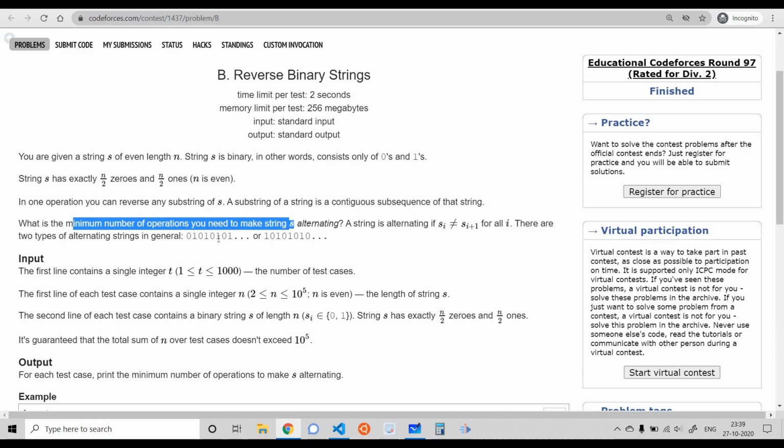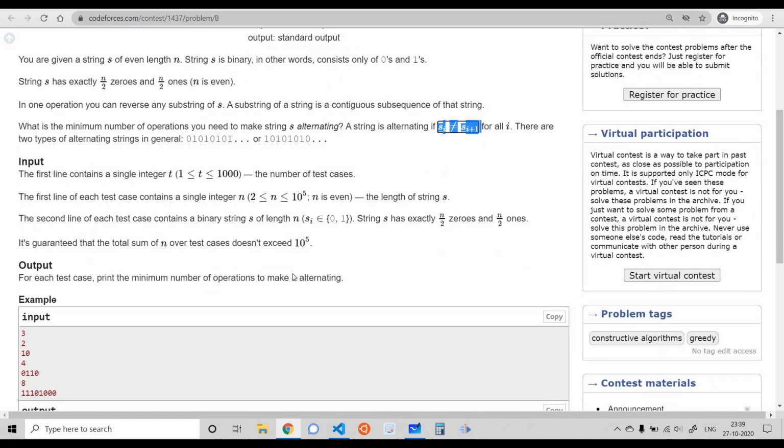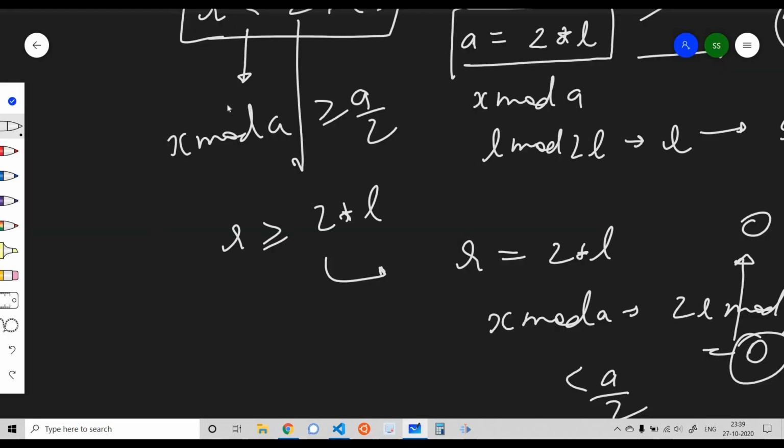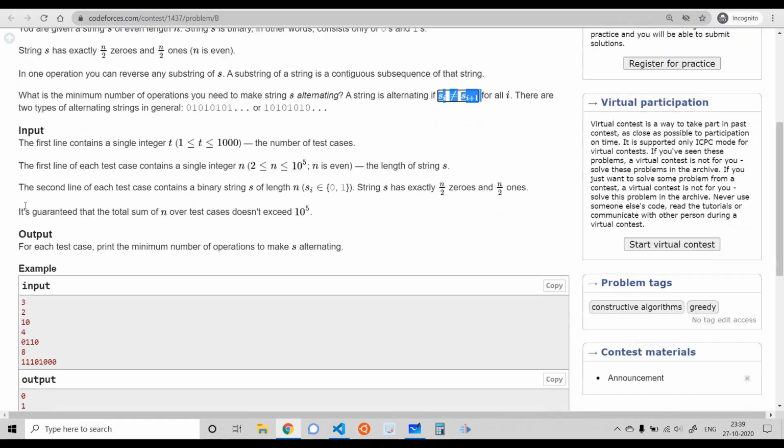By alternating, it means that it should consist of the characters in the way 0 1 0 1 or 1 0 1 0. In other words, Si should not be equal to Si plus 1 for all the i's. Let's see what we can do to solve this problem. So we have been given a binary string. Let's consider the last example which they have given, 1110